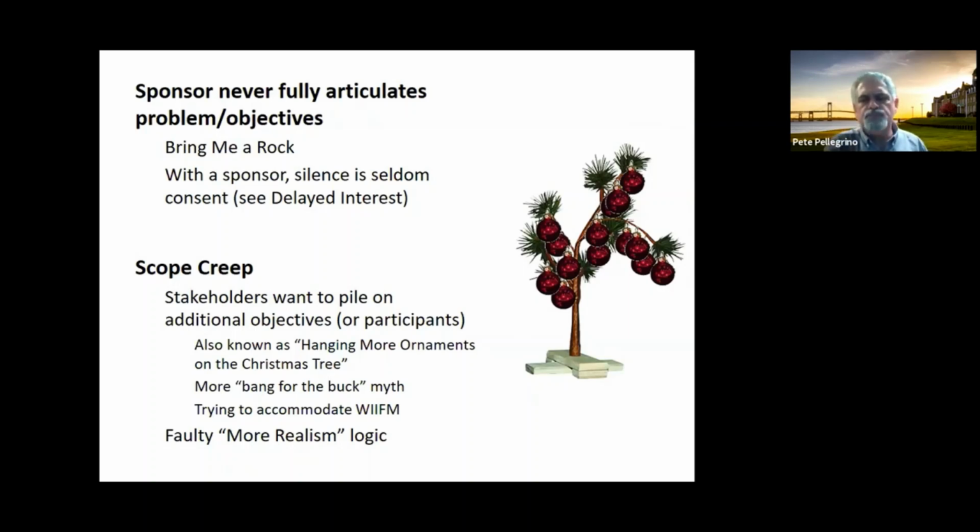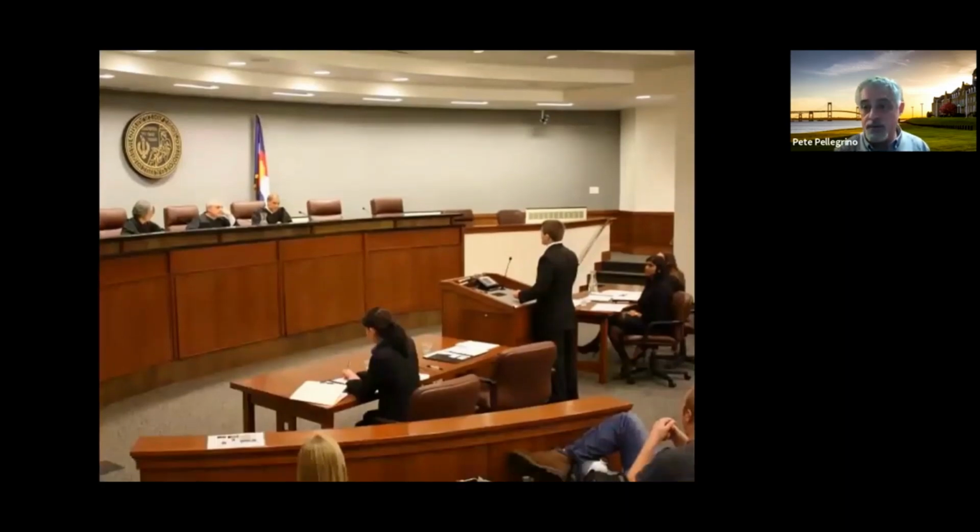Well, for this game to be more realistic, you need to include X because that's what the enemy is going to do. Yeah, that's a possibility, but the game isn't designed to look at X. Yeah, but it's not going to be very realistic. I go, okay, hang on. So this is the example I use. Remember I said my wife's an attorney.